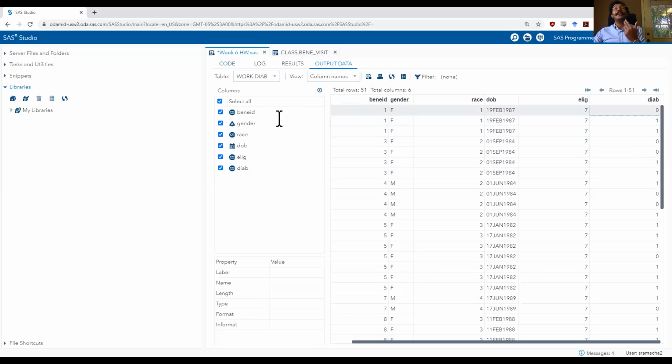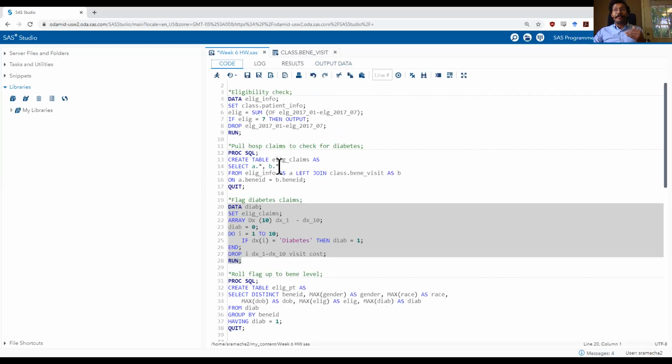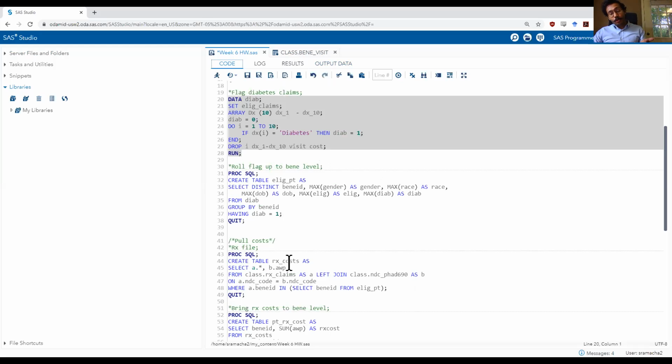So let's go from a claim level file or an event level file to a beneficiary or an individual level file. To do that, I have to do reading across rows. And if you want to read across rows, you need to use first dot and last dot variables with the retain command, or you need to use proc SQL with the group by step. I prefer using proc SQL with the group by step. You are welcome to use a different step if you are comfortable using data steps and retain statements and first dot and last dot variables. You're welcome to do that.